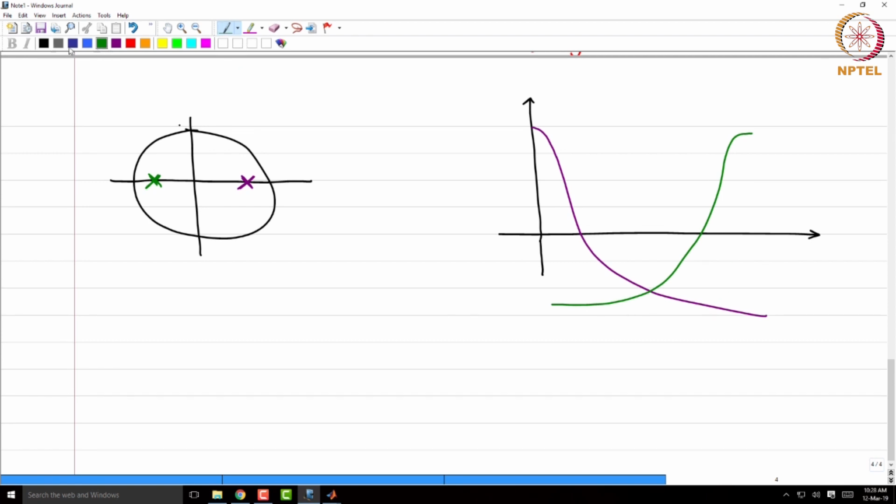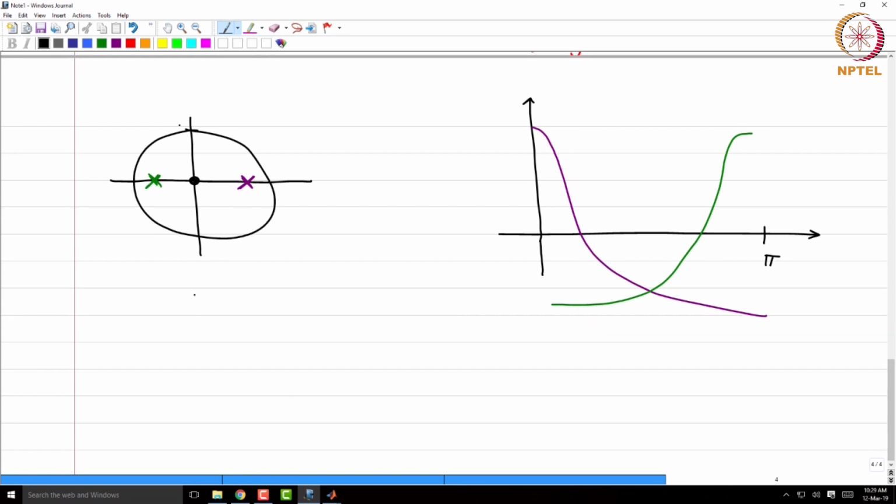Therefore, this is a crude high pass filter, this is a crude low pass filter, and both these filters have been realized using a single pole, and of course, you also have a trivial 0 which does not play any role in